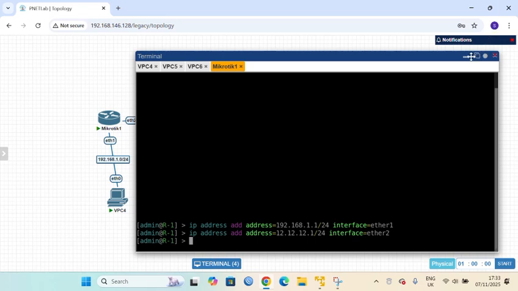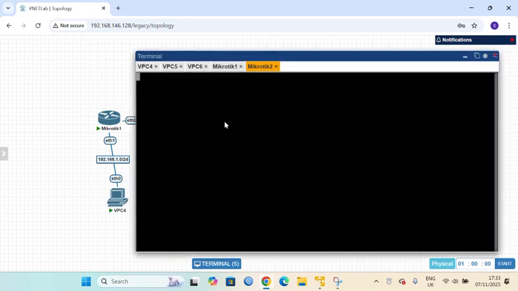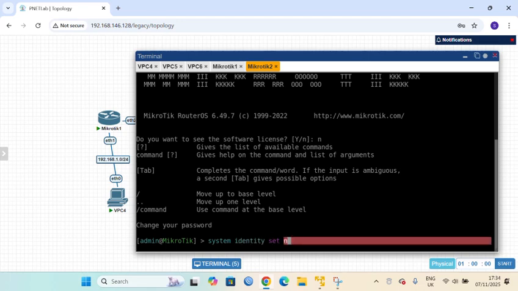So we will go next to router 2. Same as before, we write admin, enter, enter, and again Control C. We write the name first, so system identity set name router R2, enter, and we just delete again because PNET is usually like this.